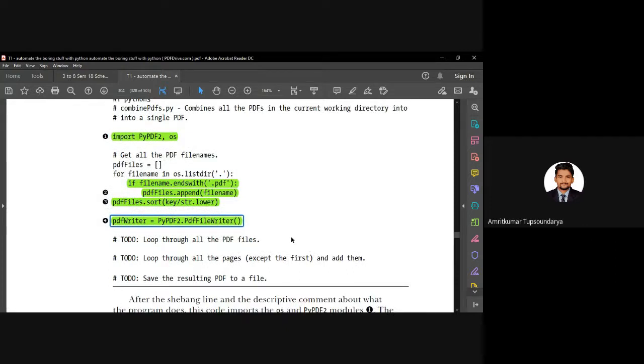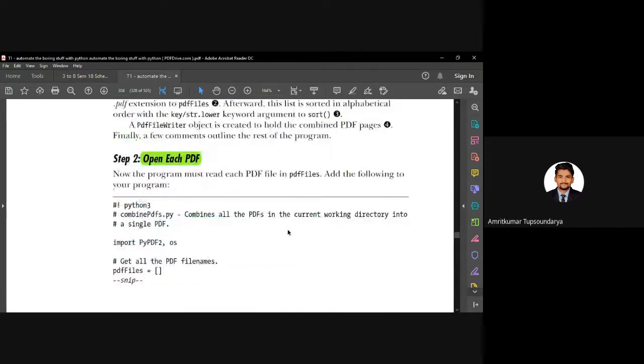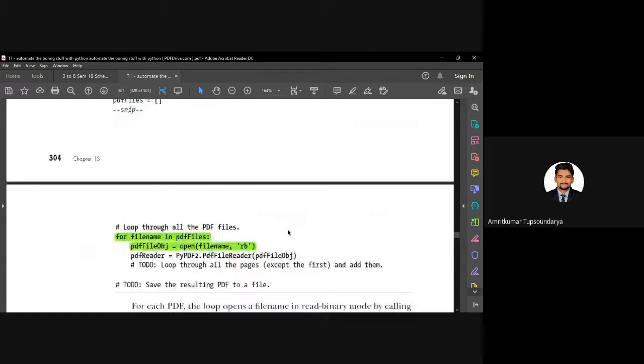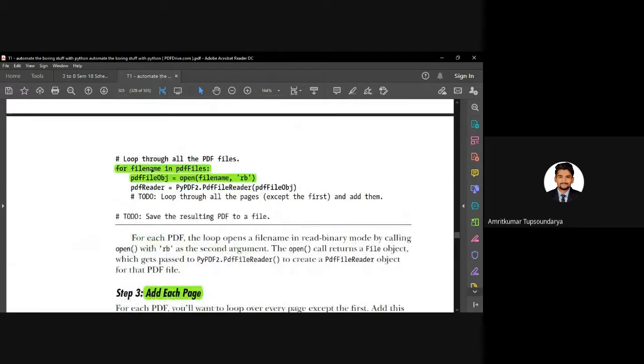So once we create the writer object, we are going to open each of the PDFs, right? So we are going to set up a for loop for those particular file names in the PDF files, and we are going to open those files using the read binary permission, right?